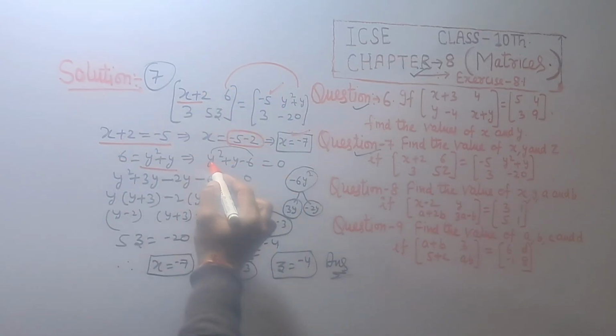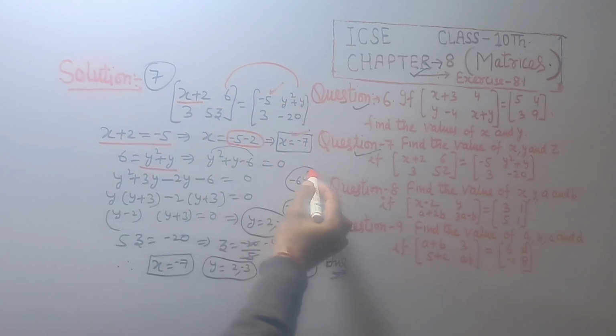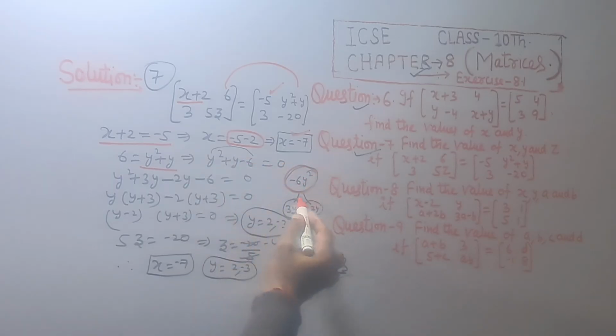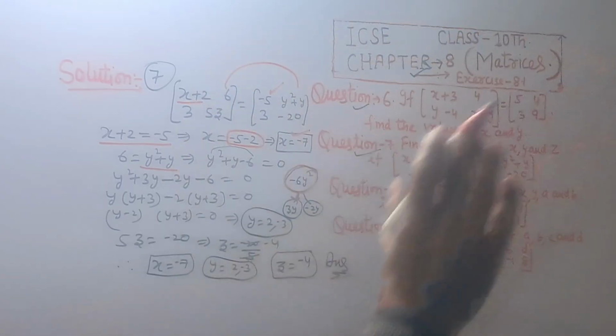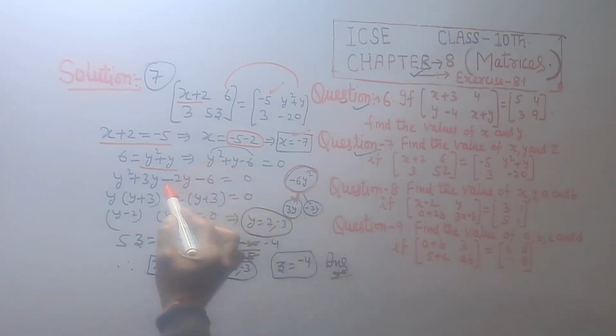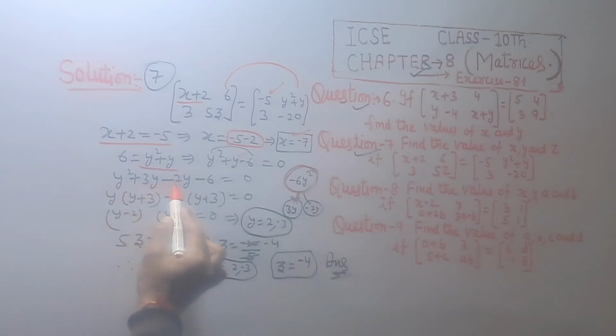It's a quadratic equation, y square plus y minus 6 equal to 0. Splitting middle term. Product of first and last is minus 6y square. So we are taking two numbers, that is 3y positive, minus 2y negative. Their product is equal to minus 6y square and 3y minus 2y, that is equal to positive y. Y square plus 3y minus 2y minus 6 equal to 0.